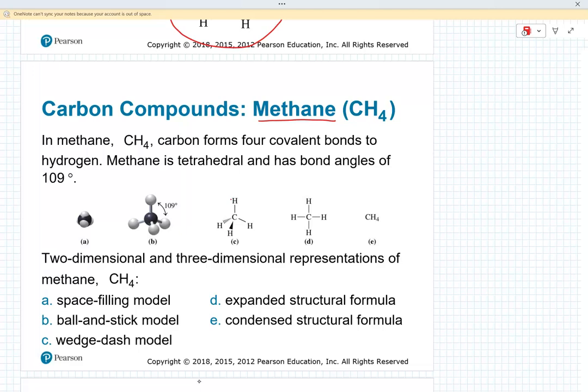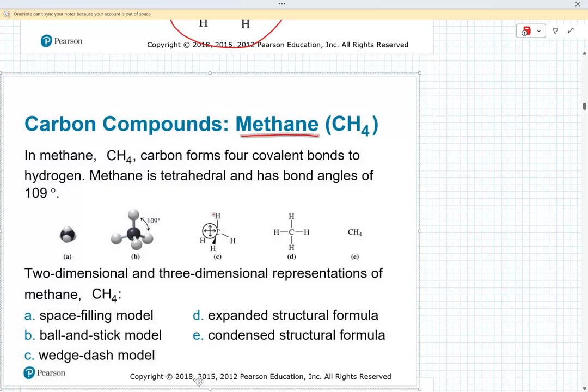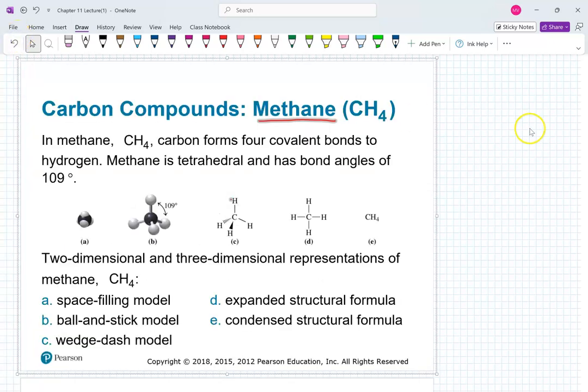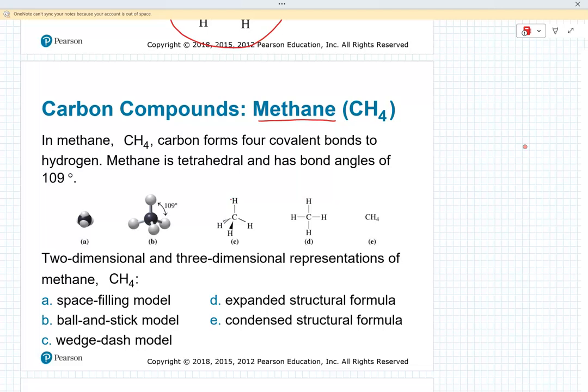So you can represent a molecule of this organic compound, methane, in many different ways. The leftmost one is the so-called space-filling model. Now we are going to play with ball and stick modeling in the lab, and I personally like ball and stick better than anything else. Okay? Now, the wedge dash model. So let's talk about wedge dash. I'm going to explain how it works, all right? The screen that you're looking at represents a vertical surface, a plane. Everybody agrees? If a bond lies within that